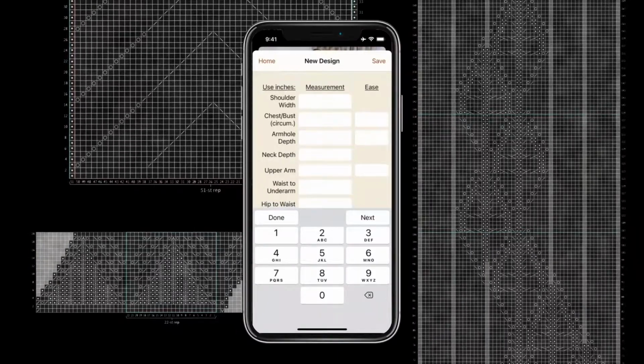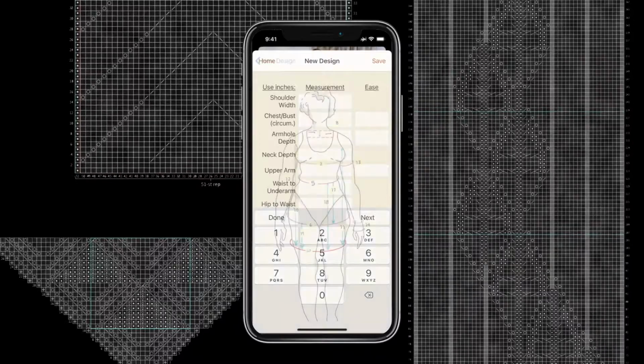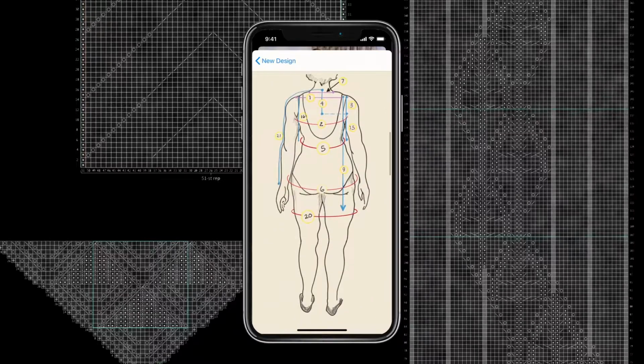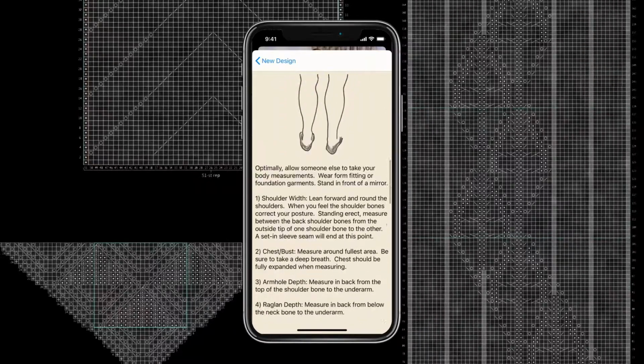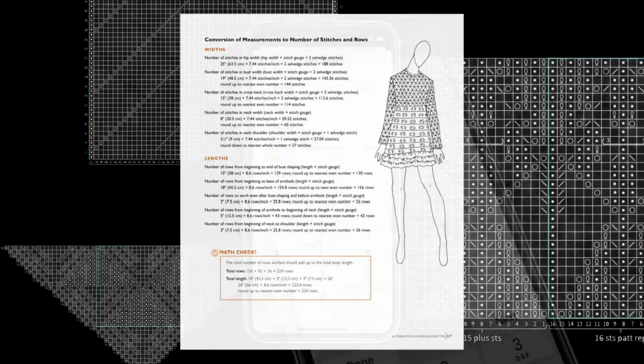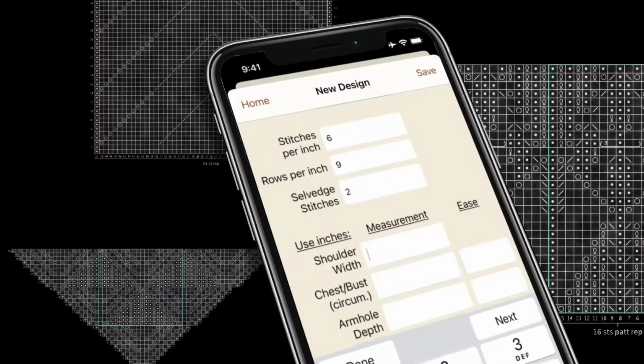Now take your time and enter your body measurements carefully. Check that you are using the definitions of these measurements as shown on Measurement Lady in the definitions link, as we reviewed earlier, or from Shirley's book, Knitwear Design Workshop. Starting with shoulder width, the distance from the outer edge of one shoulder to the outer edge of the other,